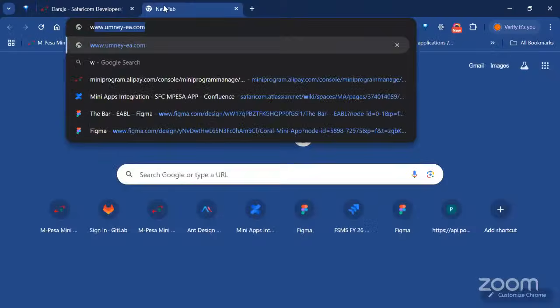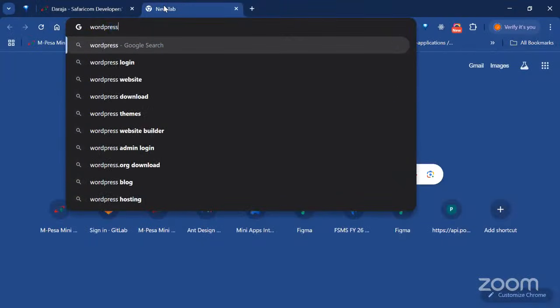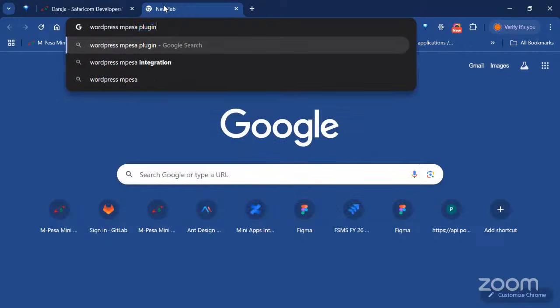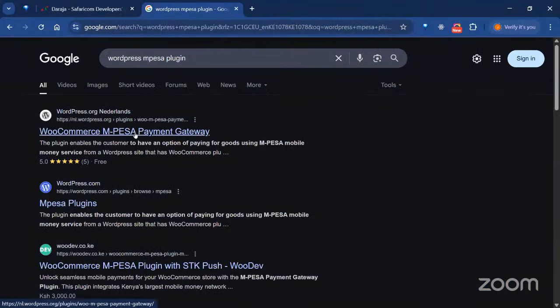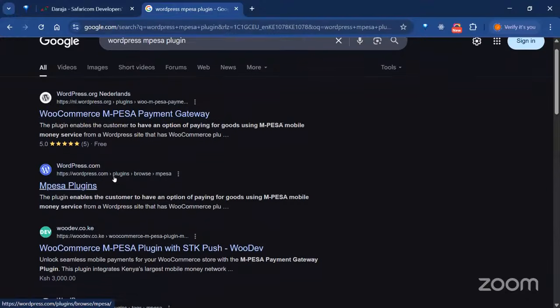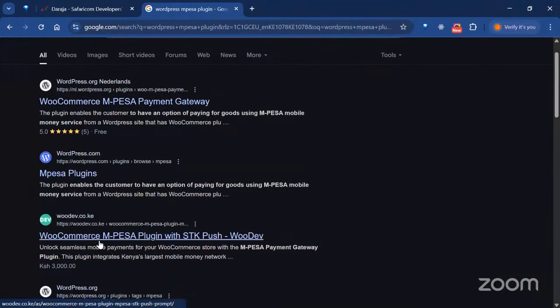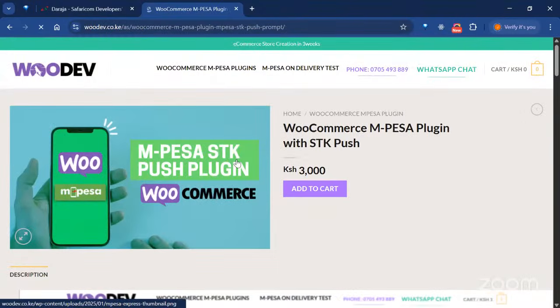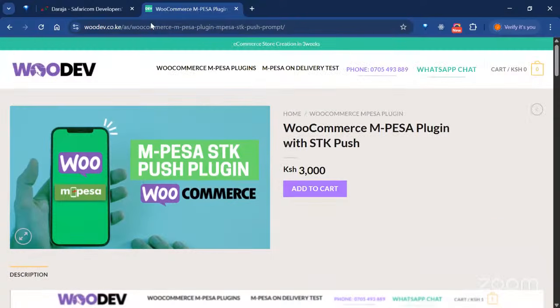Okay. Then I think, yeah, that's okay. You can see even WooCommerce, I can see a couple of them have them. So for those who are not using the code, you can just get these plugins, and then with these plugins,